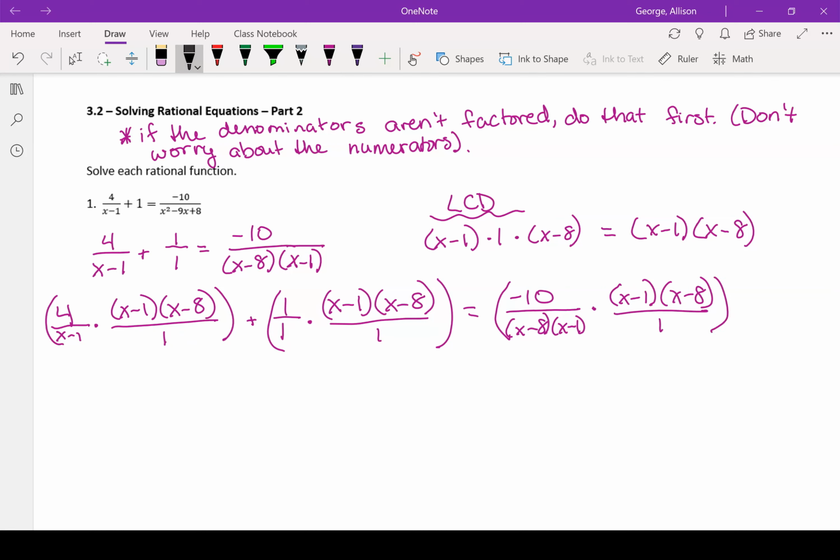Alright, so in the first set of fractions, the x minus 1 is going to cancel. In the second set of fractions, there's nothing I can do. And then in the third one, I can actually cancel both. So that's going to leave me with 4 times x minus 8 plus x minus 1 times x minus 8